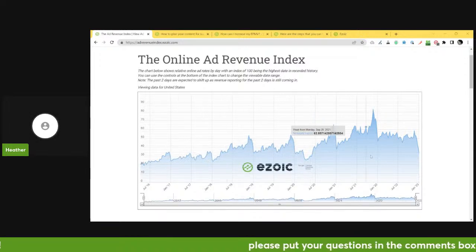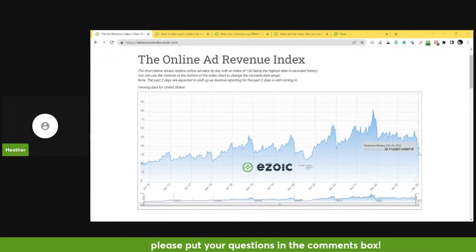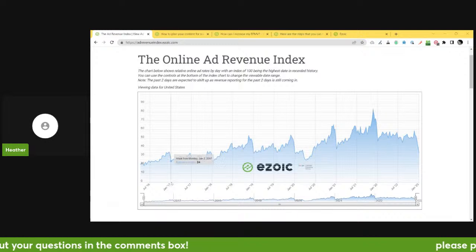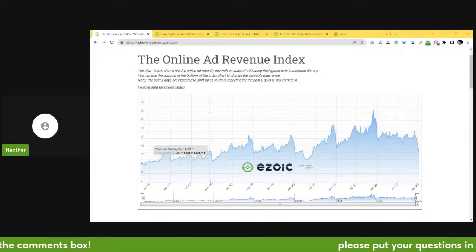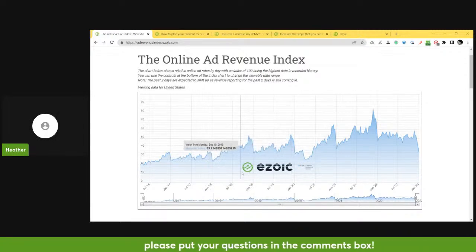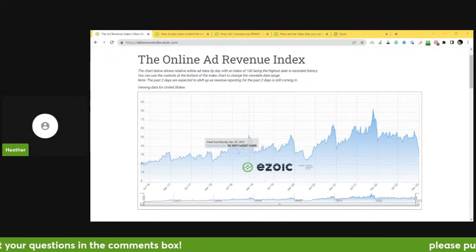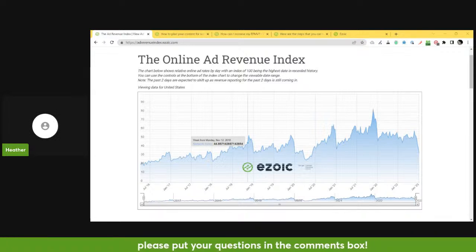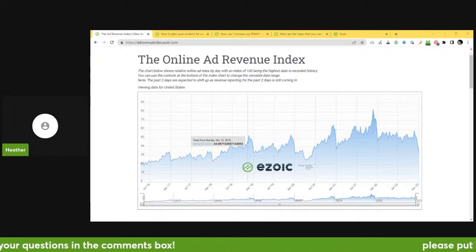So what we can see at the moment is ad rates are dropping off. Like I say, that's entirely to be expected. You can see if we look back over previous Januaries, each January there is a drop off in ad rates, and obviously as the years progress, the ad rates do increase. And so that January drop off from December, there's a bigger percentage difference between the two. And that's why it can sometimes feel a bit more dramatic for you, because your December earnings have been higher than what they would have been in previous years.